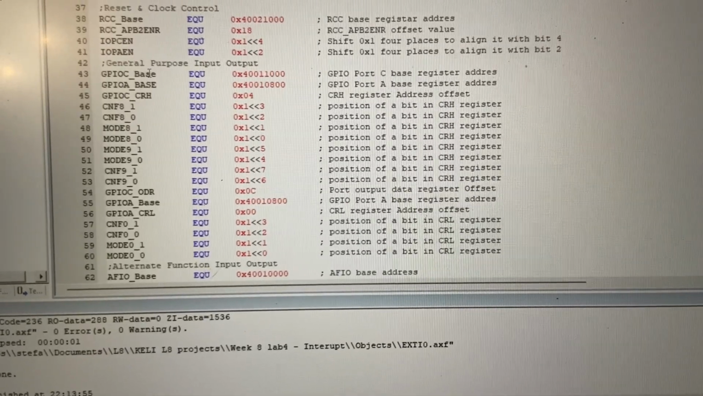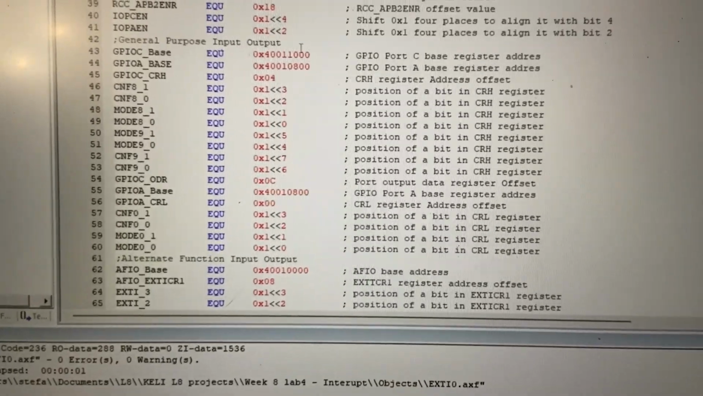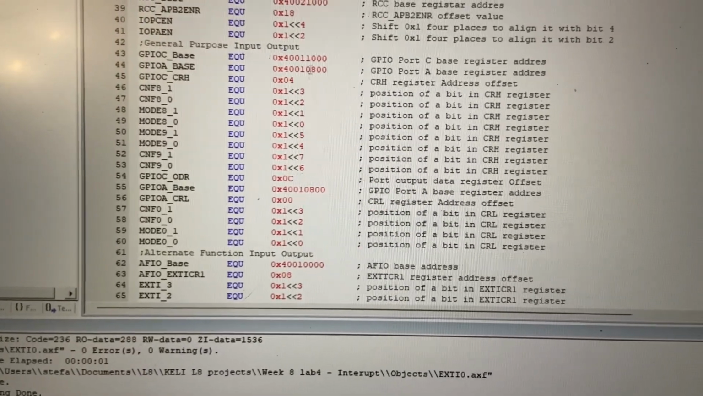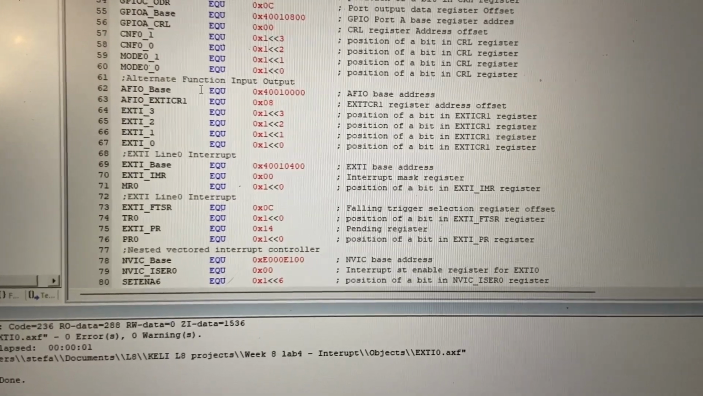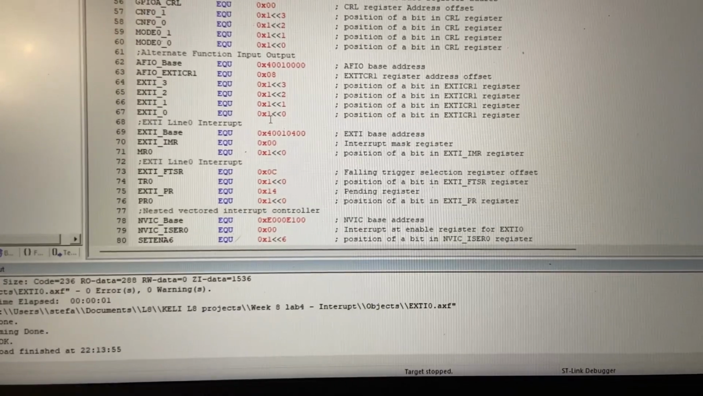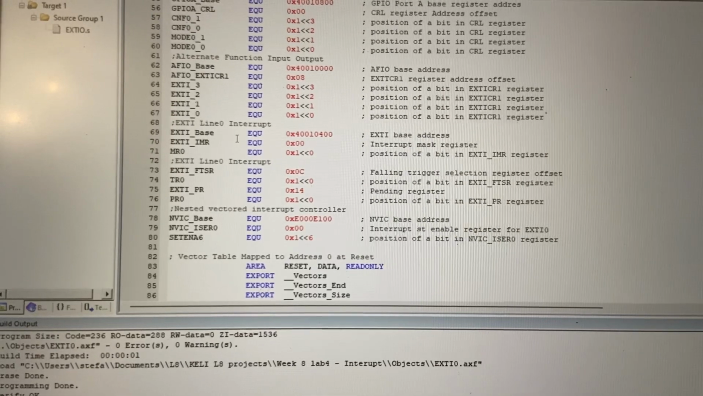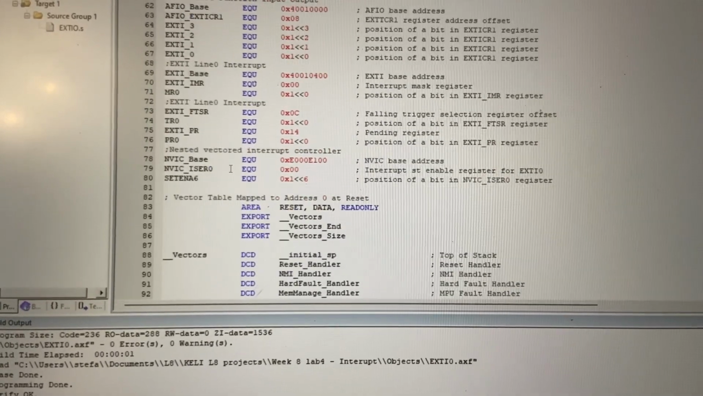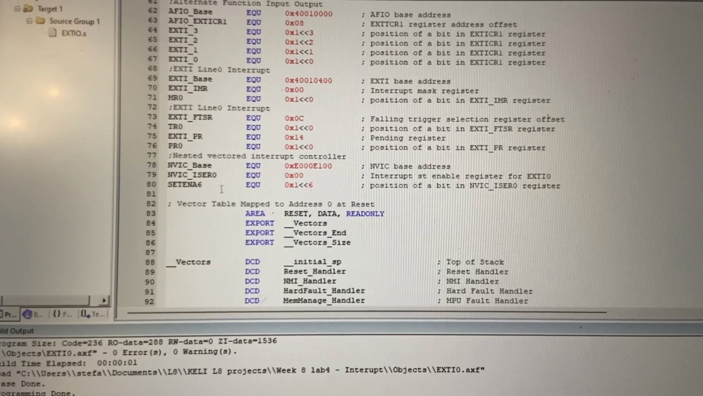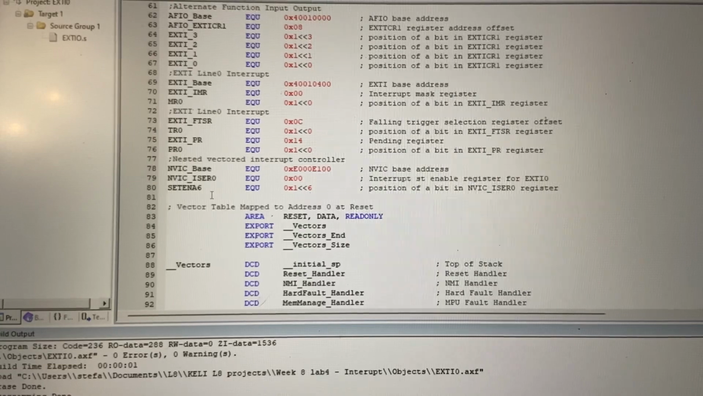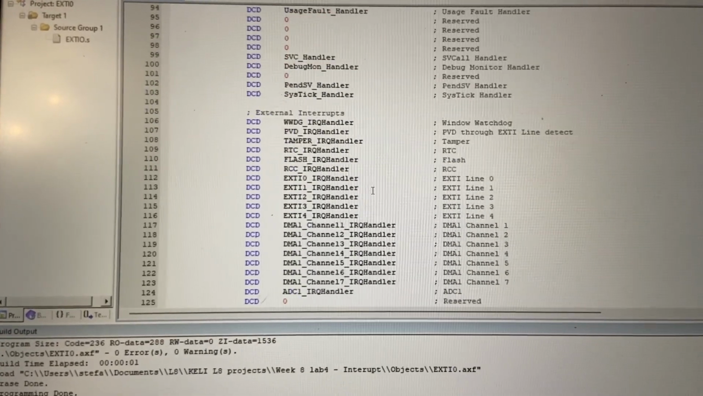These are basically pseudo-names to make the code a little bit readable, otherwise we would be dealing with a sea of numbers. Following on, alternate function input and output. Then we have equates for external interrupt line 0 and general global interrupts NVIC, the line for activating external interrupt 0. Follow on,